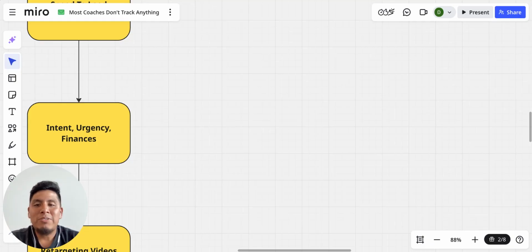So the three things that you're looking for when it comes to these quick 5 to 10 minute confirmation calls is, first, what is their intent? Do they have a high buying intent or a low buying intent? Are they skeptical, or can you just nurture them to show up to the call?